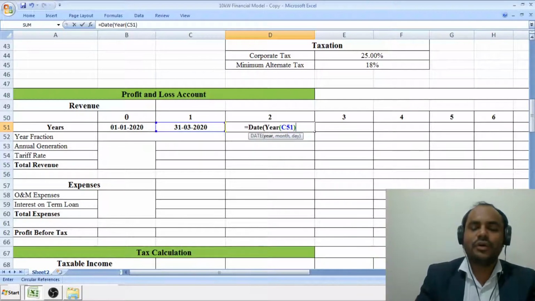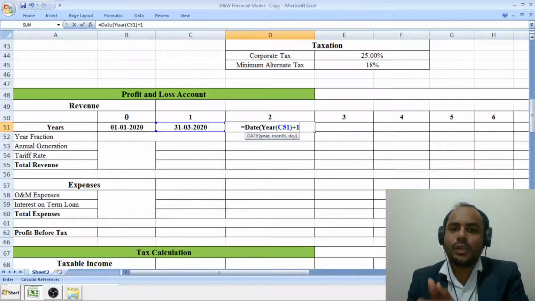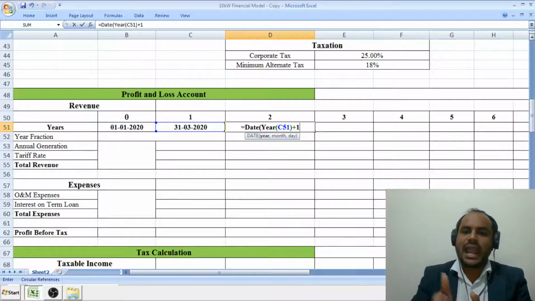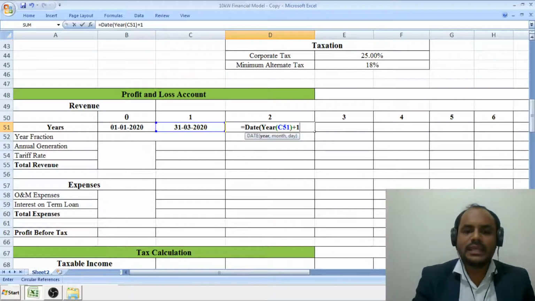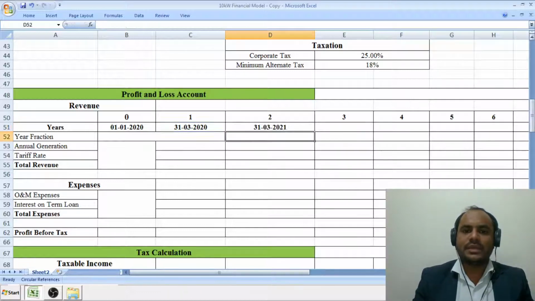Once we have written over here as a date, that is a year we have selected, plus 1. It means that the logic we are developing here is that at every iteration, whatever the year is going to get displayed over here, it is actually adding a 1. In addition of a 1, the subsequent years are going to get displayed in the Excel sheet over here. Third, the month of March needs to be displayed, and that too 31st of March needs to be displayed for us, and enter over here.